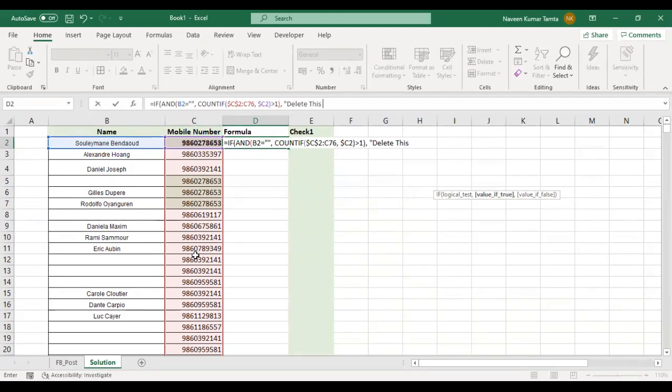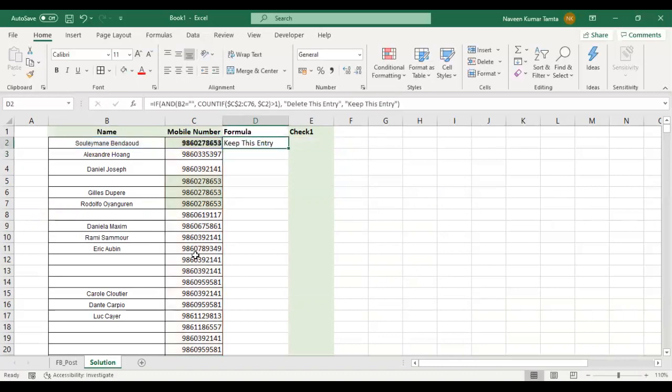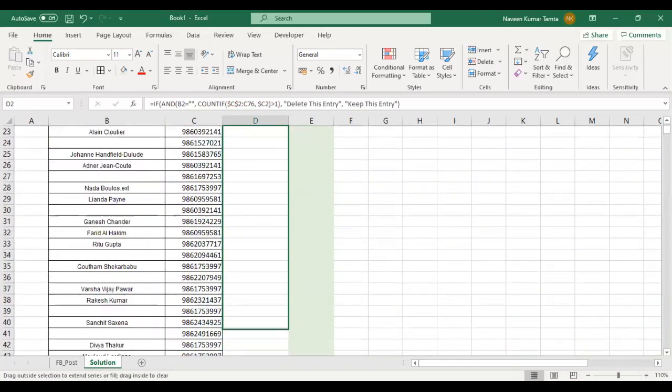this entry, else keep this entry. That's it, guys. As soon as I press enter, it says keep this entry. And when I drag this formula downwards,